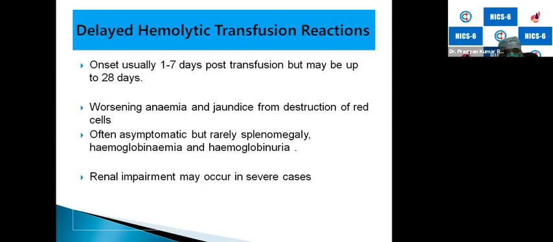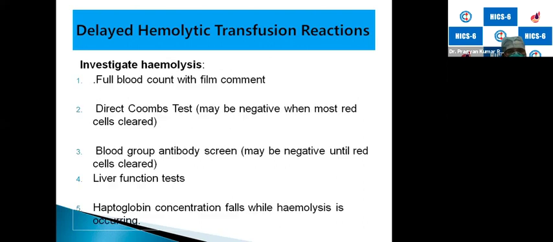Onset is usually 1 to 7 days, may be prolonged up to 28 days, with worsening anemia and jaundice from destruction of RBC. Often asymptomatic, but rarely splenomegaly and hemoglobinuria can happen. Renal impairment may occur in severe cases, but we do not encounter that quite often in our ICU scenario. We encounter that more in the OPD scenario. We investigate with CBC, direct Coombs test to find out hemolysis, blood group antibody screening; haptoglobin concentration